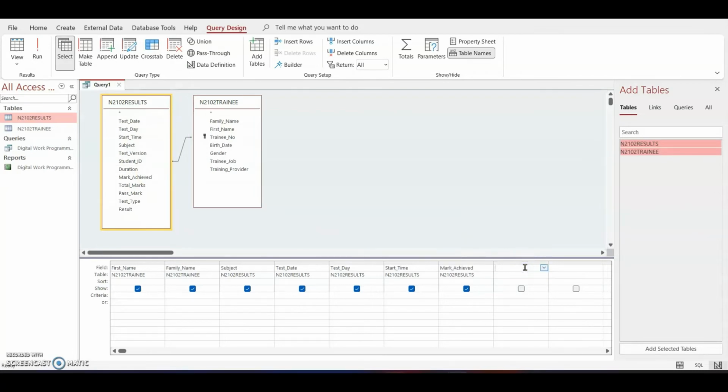You need to type the formula here: %_mark colon, which is your mark achieved